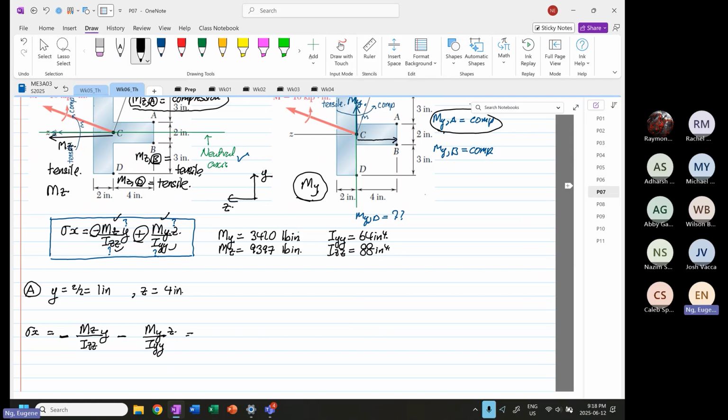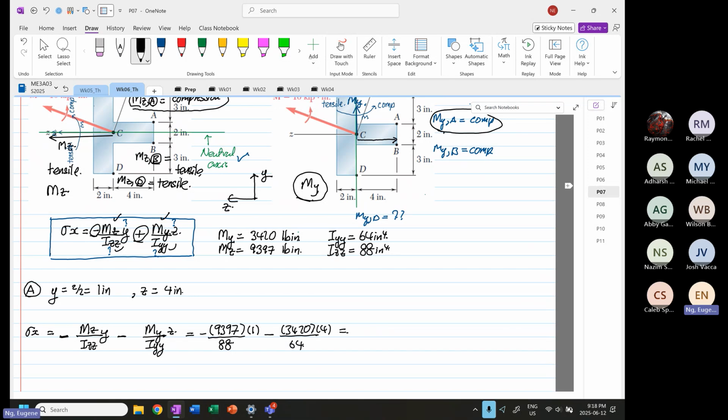Okay, so now you just put in minus Mz is equal to 9397 divided by Izz, multiplied by y, right, minus My divided by Iyy, multiplied by z, which is equal to 4. So this will be equal to